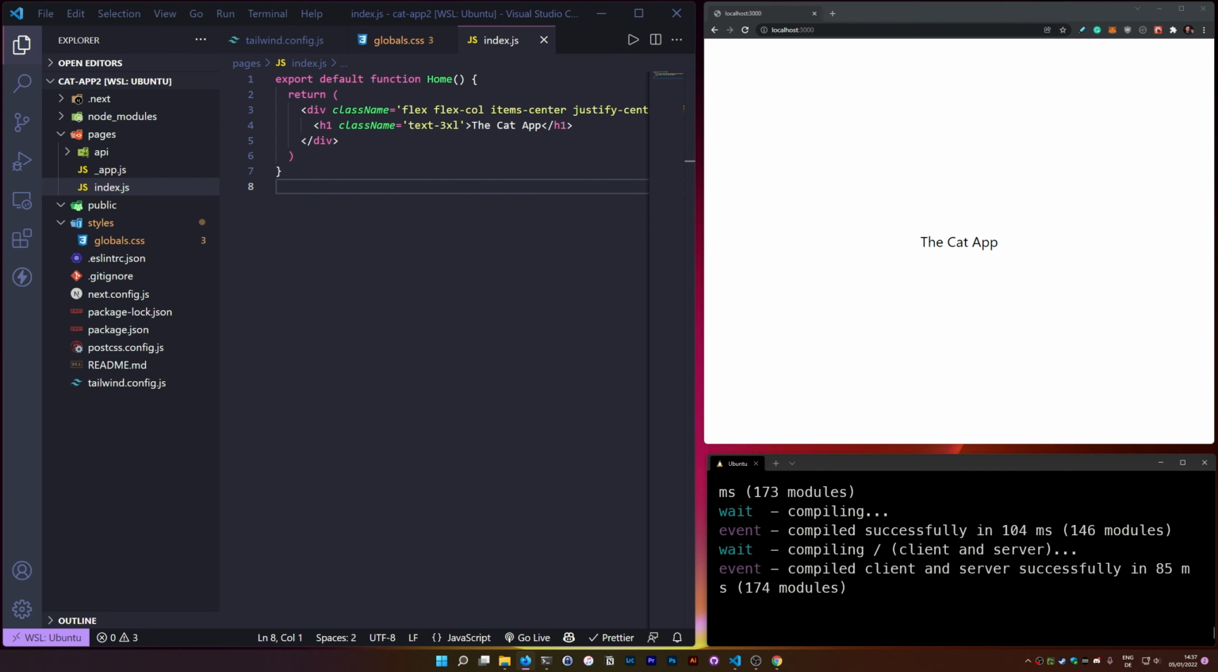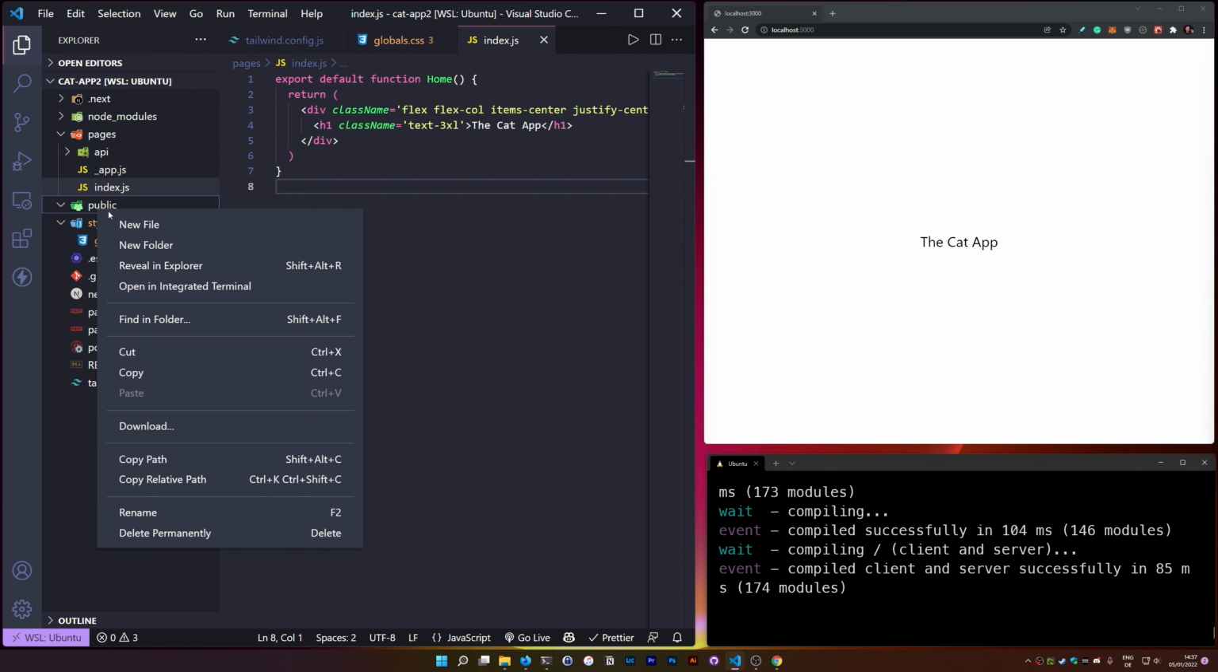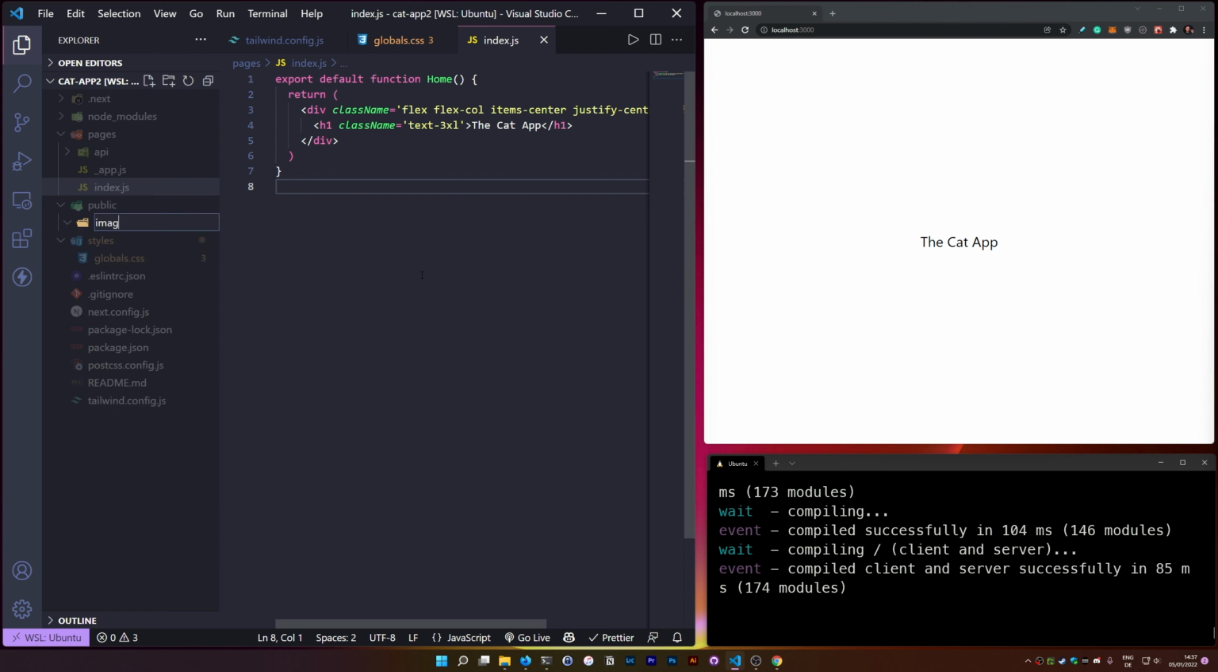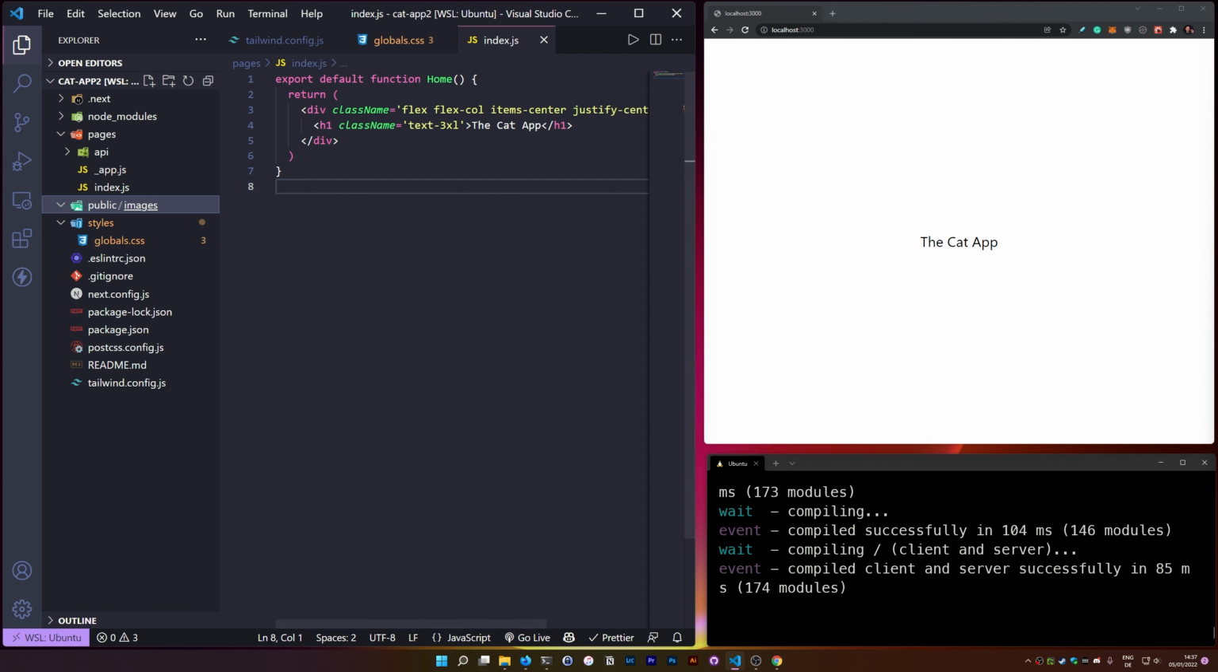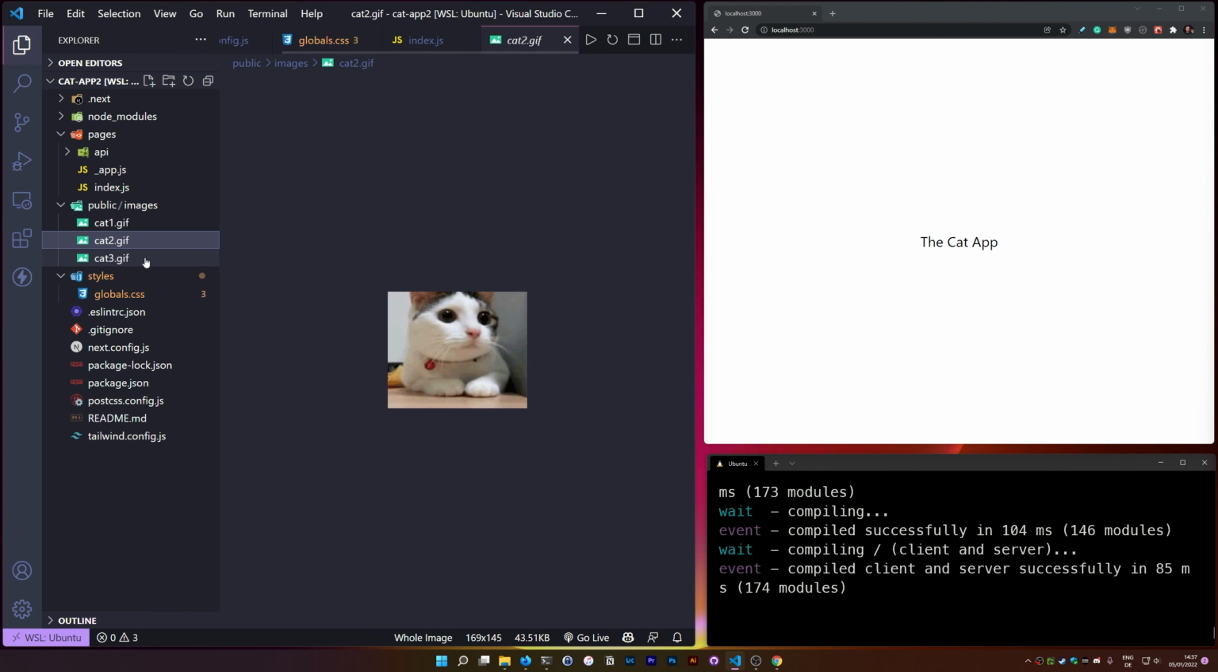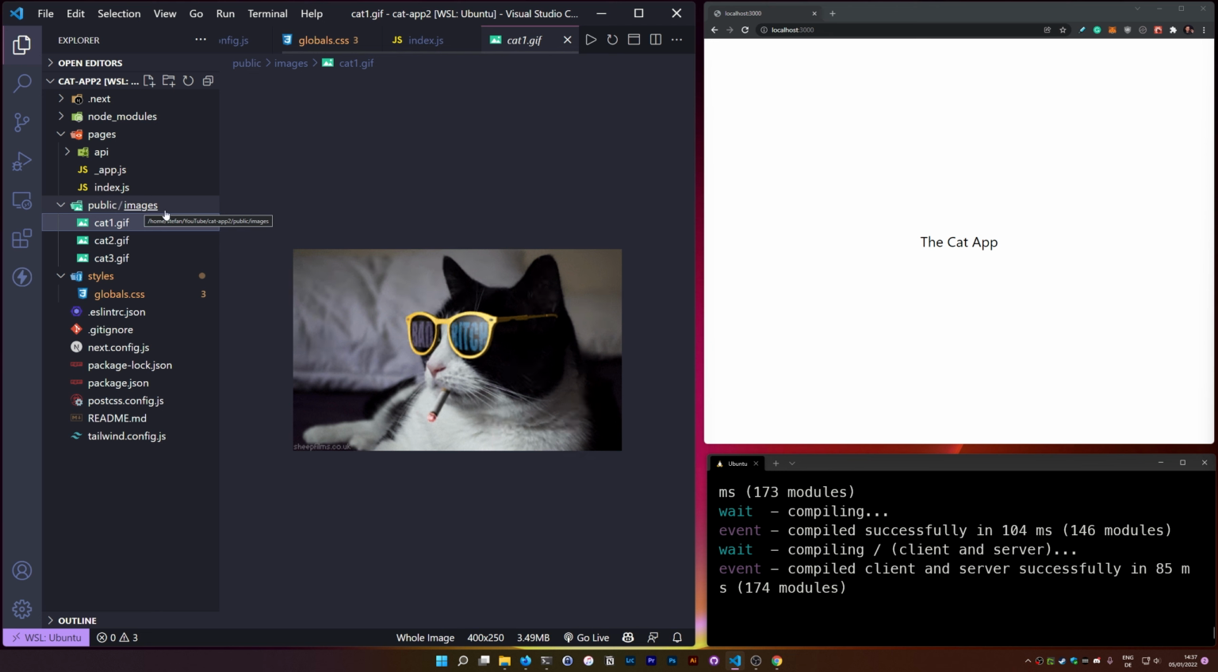So I'm gonna download 3 cat images, and once I have them downloaded, quickly pull that up. Just open your download folder, create a new folder inside of the public folder and call it images, and then just drag and drop those cat images inside of this folder. And if you click on those images now, we see that we have the 3 GIFs here,